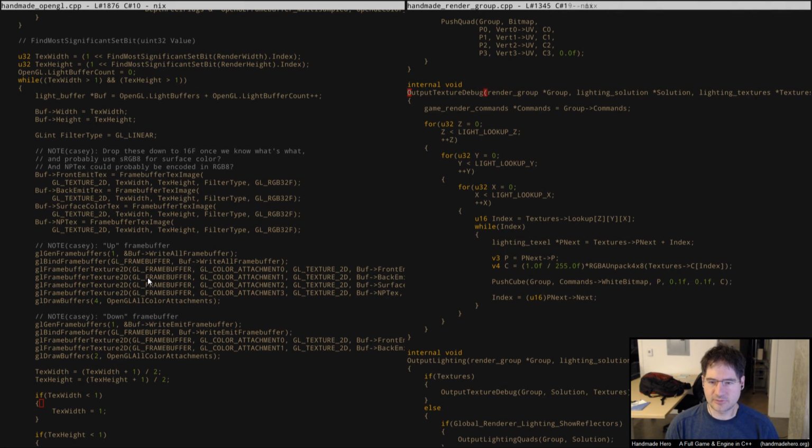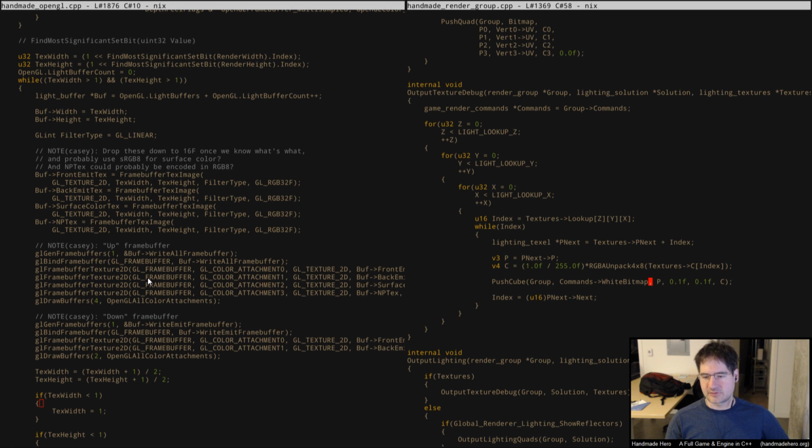So when we do output texture debug and we come through here, we're pushing cubes based on what we stored in the voxel. So we know that the voxel's lighting solution is actually all stored in there. What we don't know is that they're actually properly aligned with where the voxel thinks it is. So for example, when we push these cubes on, we are working through what's in the voxel at any particular location, but we don't actually know whether or not that voxel,